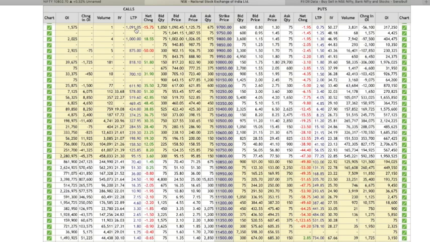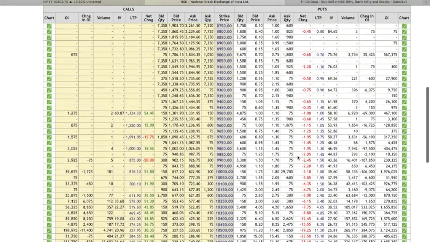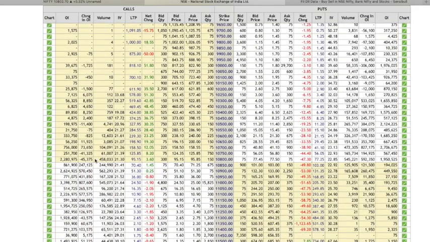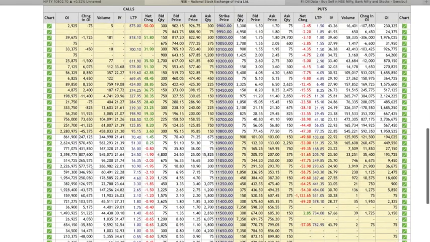So if we go over to an analysis of the calls, you'll notice that the buildup of open interest, or the change in open interest, is the highest at the level of 11,000, which means call option sellers are extremely bearish. They do not believe that Nifty, even if it has upward momentum, even if it opens above say 10,820, is going to be able to penetrate the levels of 11,000. And if you look at the absolute value of open interest, it is also the highest at roughly 3.4 million.